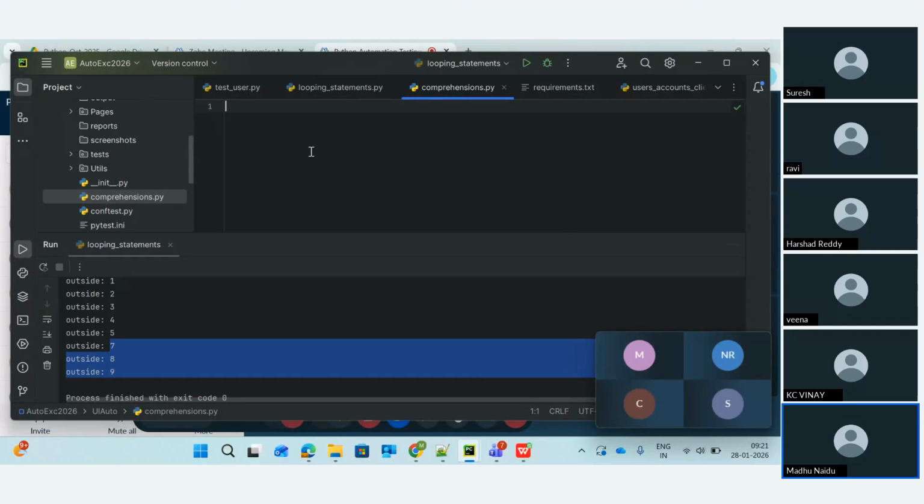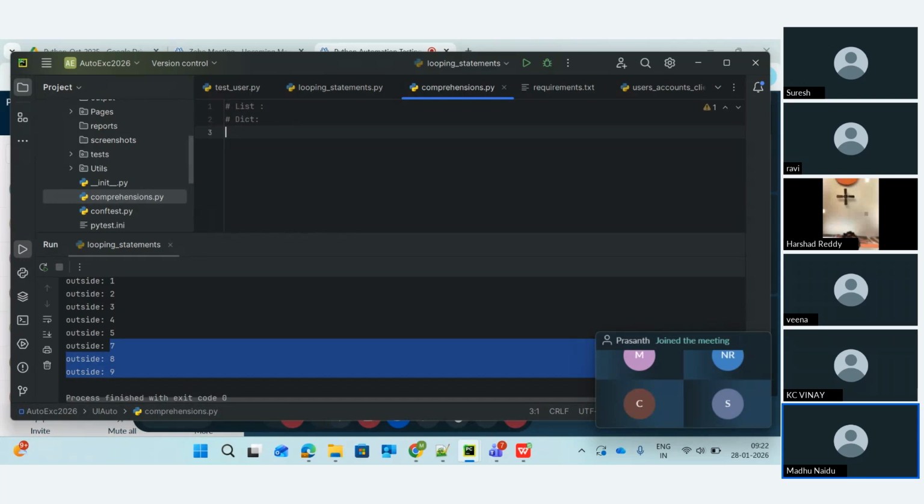So comprehensions, we have two types of comprehensions: list comprehension and dictionary comprehension. In the previous sections we discussed conditional statements, looping statements, how we can use break, pass, continue, while loop, for loop, along with conditions, how we can apply if, else, elif conditions. Correct. So now with list comprehension and dictionary comprehension, we can achieve